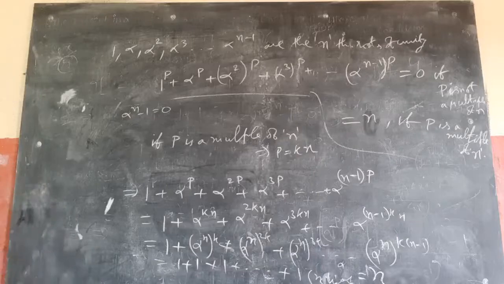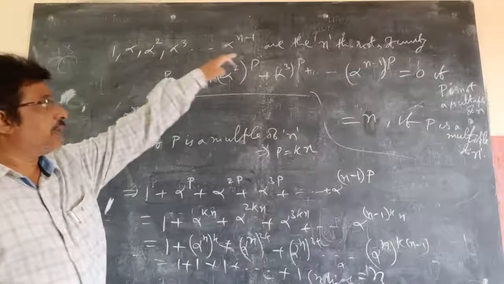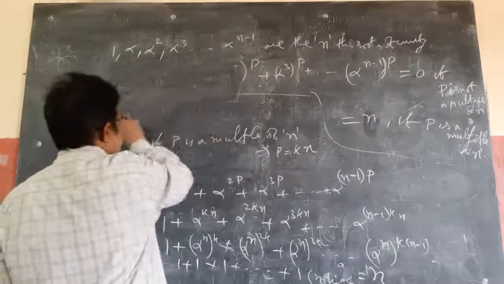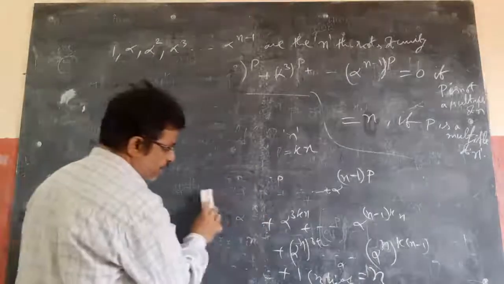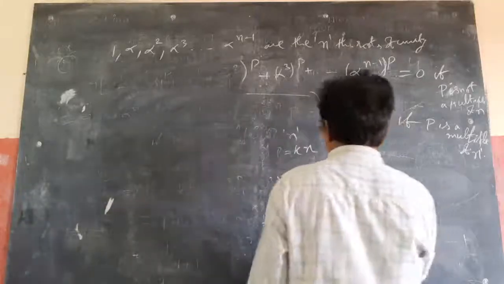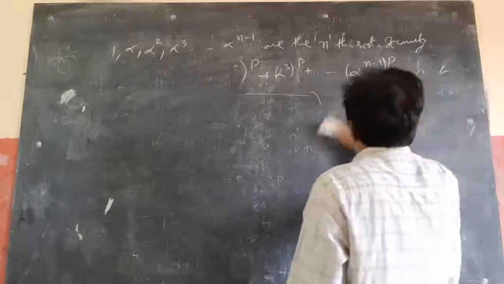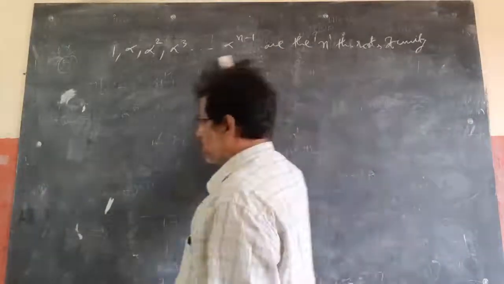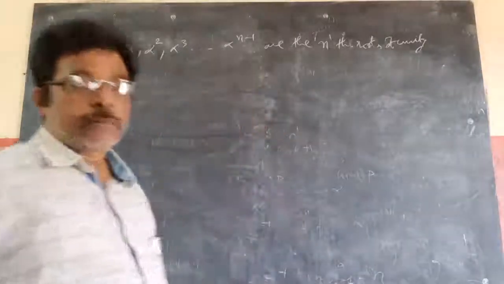Here itself, one more thing I want to do. So if alpha power n and so on alpha power n minus 1 are the nth roots of unity, then the sum of roots we already proved, I think. The product of the roots is minus 1 whole power n. So like that we can prove. I will prove that also.